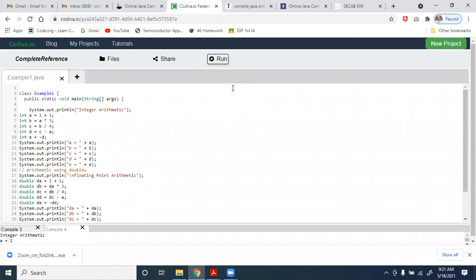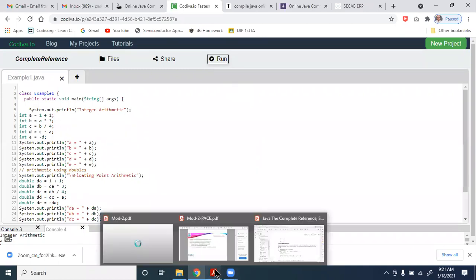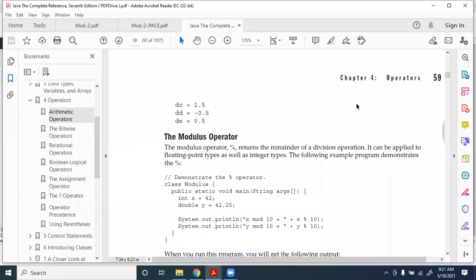Right? So that's what we have. Let's go back to our program set. Now next we have the modulus operator. If you see again how we have declared x as an integer and assigned a value which is 42. This is known as declaration, and this is known as assignment, because we have equal to. Then similarly, y is declared as double, and it is assigned a value which is 42.25, right? So now in the System.out.println, we are trying to write x mod 10 equal to within the quotes,